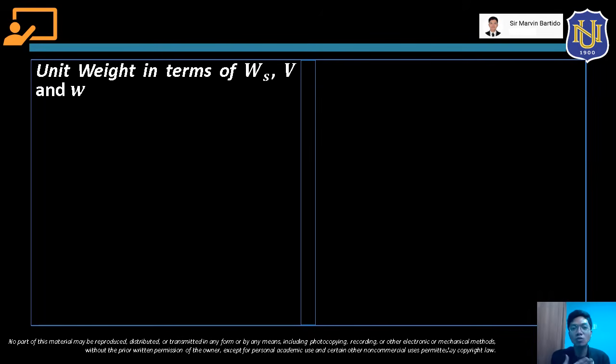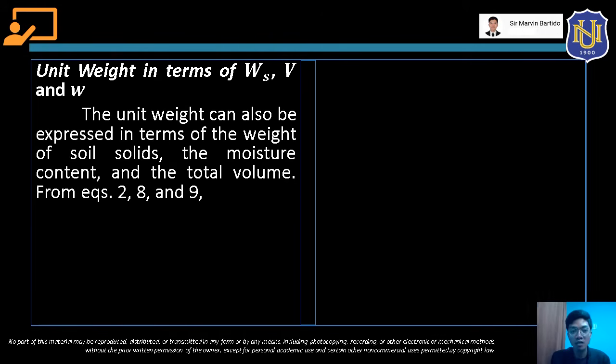Okay, so yung mga equations class na na-define natin, yung equations 1 to 9, we are going to use them to derive formulas here. So we are going to derive the unit weight in terms of the weight of the soil solid, the total volume, and water content. Okay, so to express the unit weight in W sub S, volume, and water content, we can use equations